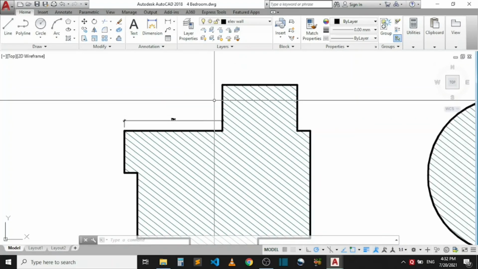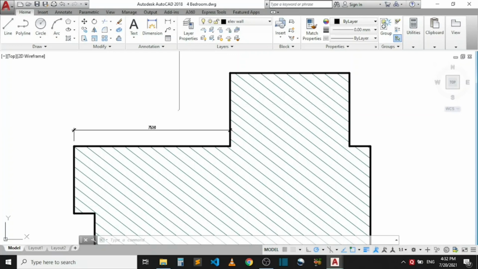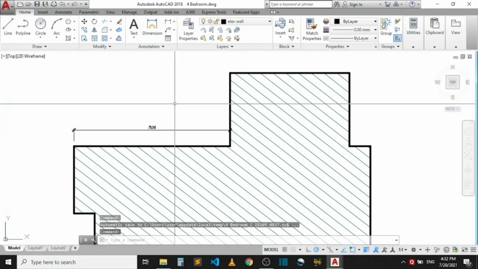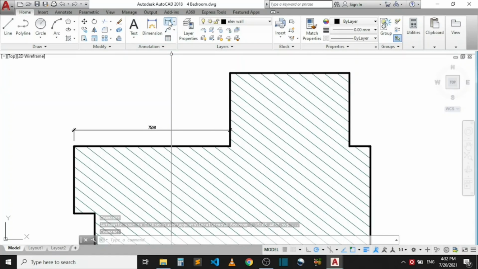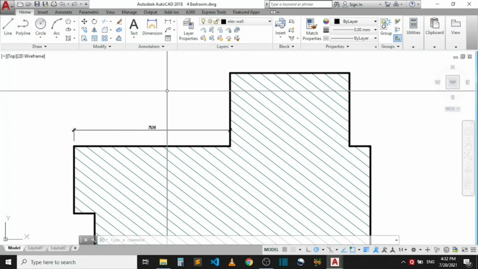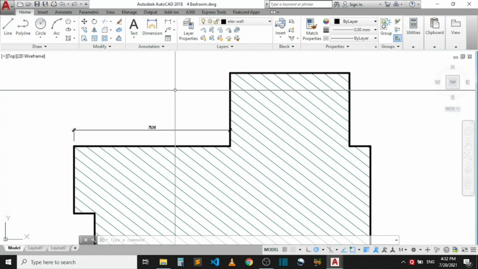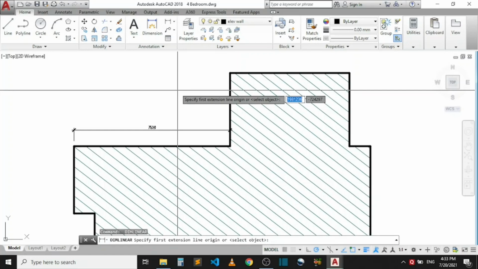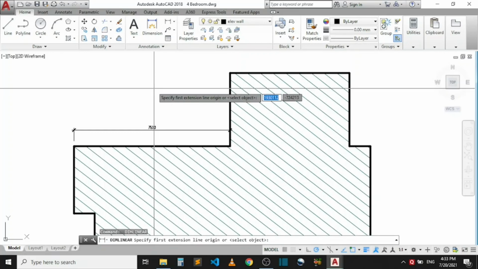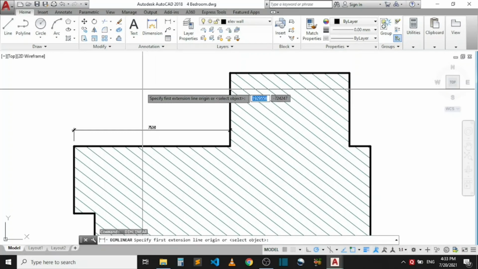As a shortcut in AutoCAD, whatever last command you did, when you simply press the space bar on your keyboard, it will bring up that command again. As it is now, the last command I did was dimension. So if I want to bring dimension, instead of going back and clicking on linear, I can stay where I am right now and click spacebar. Let me tap spacebar on my keyboard right now. I've tapped spacebar. So you can see that the dimension command came up. Okay, so these tips or shortcuts are very useful if you are using AutoCAD.